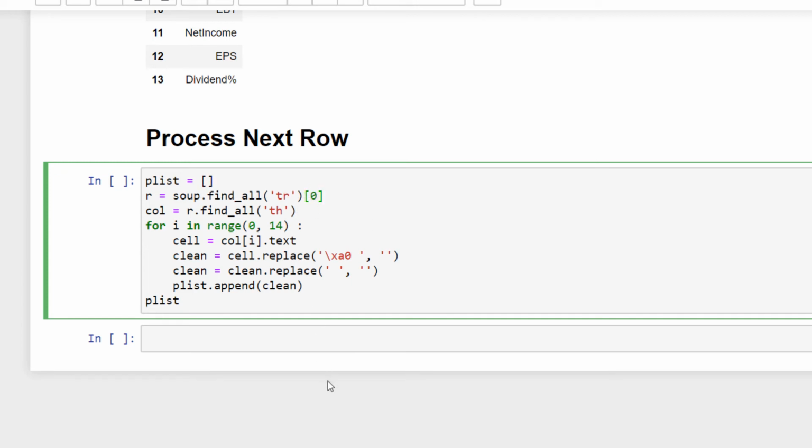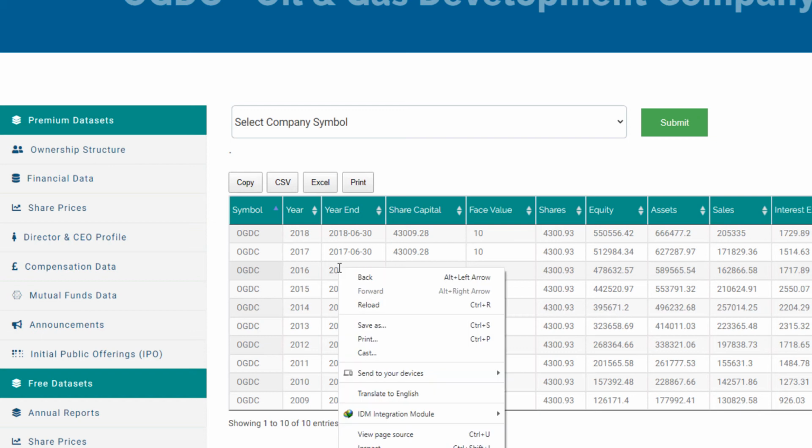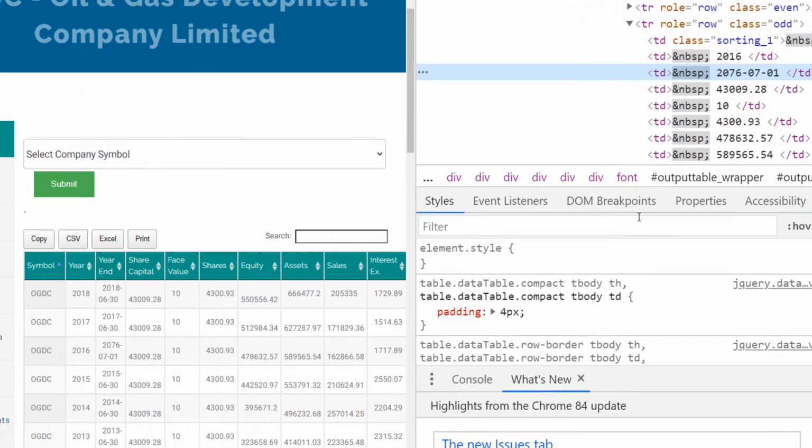So if we just change the row number, index 1 means row number 2, and in row number 2 the th will change to td because the first row in this table has tags of th, which is table headers, and all other cells have a tag of td. So if you right click and then click on inspect, you shall see the coding behind it.